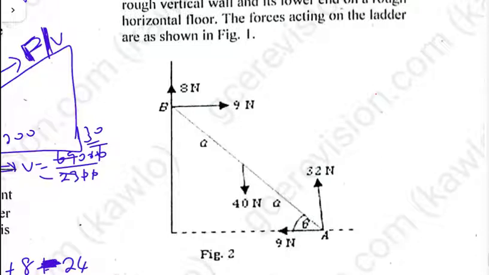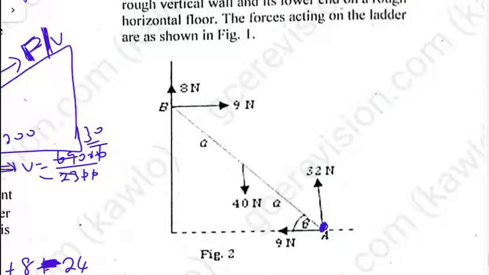So where can we take the moments, at B or at A? Any of them should be okay, right? Limiting friction. So we have... it's better to take moments at A, okay? So taking moments at A here,